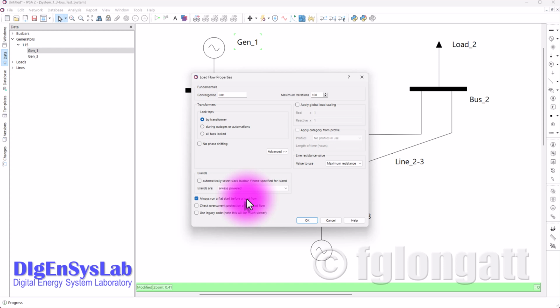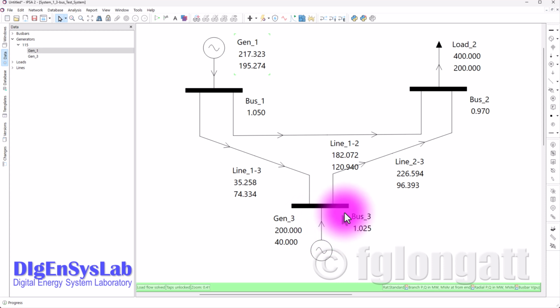That means that we are starting from the same initial condition, that is the rated values for every single unknown variable. So that's all. What we need to do now is click OK, and you can see that automatically